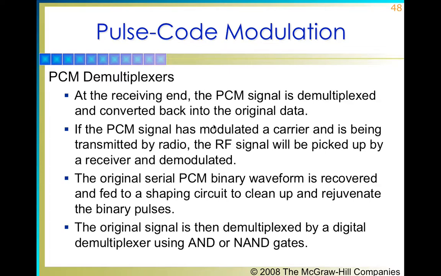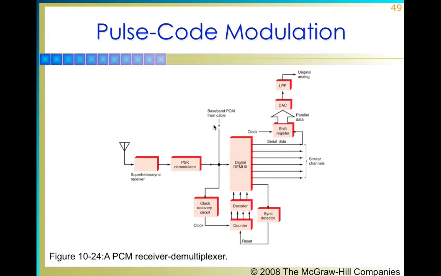So what he is saying over here can be elaborated by this diagram, which is a basic diagram of the PCM receiver demultiplexer, where we have an antenna which is giving an electromagnetic signal over here, converting it into an electronic signal, and then it is being fed to the demodulator, which separates the RF frequency oscillation and recovers the composite signal over here, which can be sent as a baseband signal to some PCM systems.